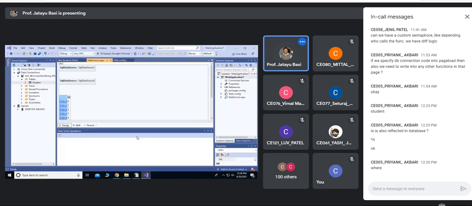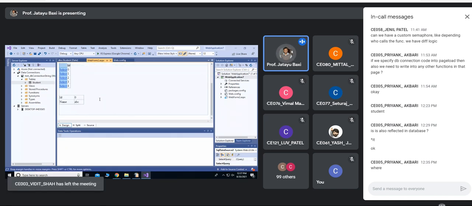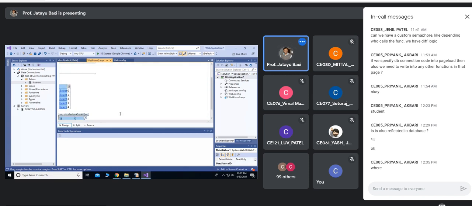So maybe the last part I did it little fast, but you should understand the concept. There are two SQL data sources. One SQL data source is for grid view. Second SQL data source is for details view. And the second SQL data source is configured using where query, where the ID value is taken from some control.